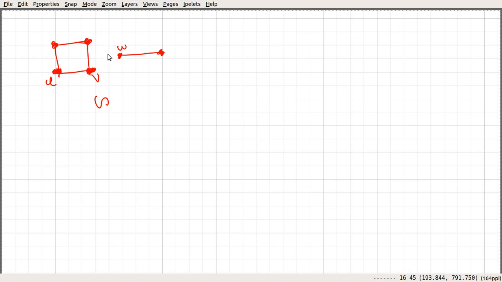So let's see what could happen if you consider the distance in the disconnected graph. In this case you can see that the distance between these two vertices U and V is equal to 1, because they are directly connected by an edge. So what about the distance between, say, U and W? In this case you can see that there is no direct path or walk between U and W. So in that case we say the distance between U and W is infinity, by convention,